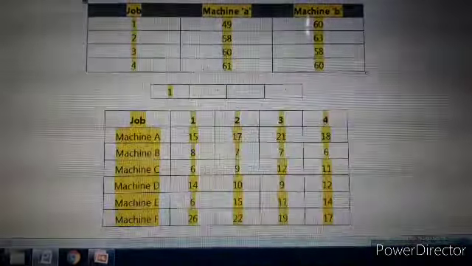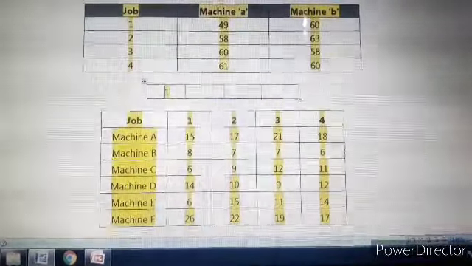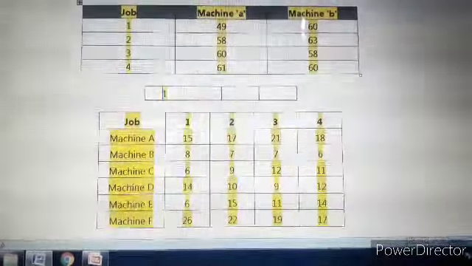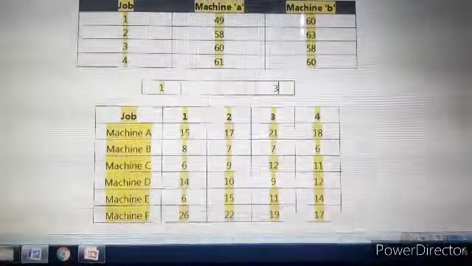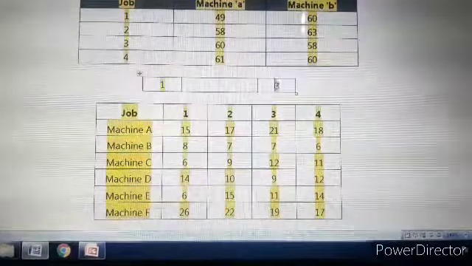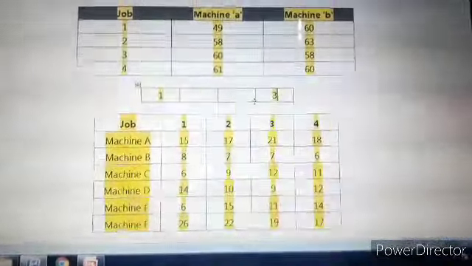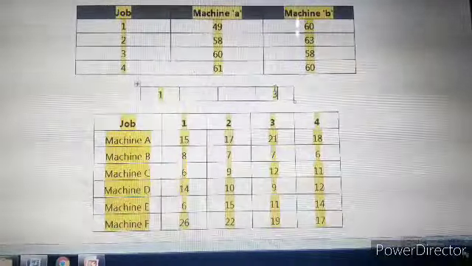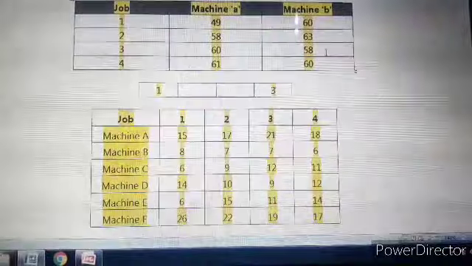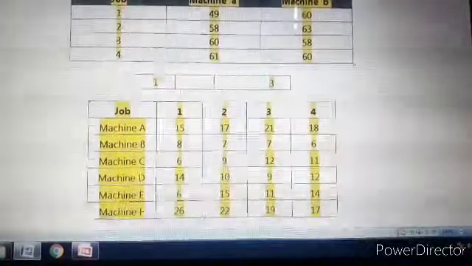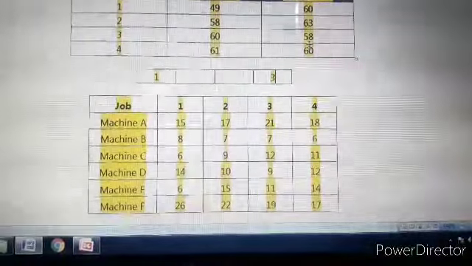Again this 58 is in the second column. That's why we'll assign this job 3 last on machine small a. So that's why here I have written the job 3. Now again once we select this job 3, then we have to cross off this row. Then next minimum value is 58 because with respect to the other 58 we have selected.